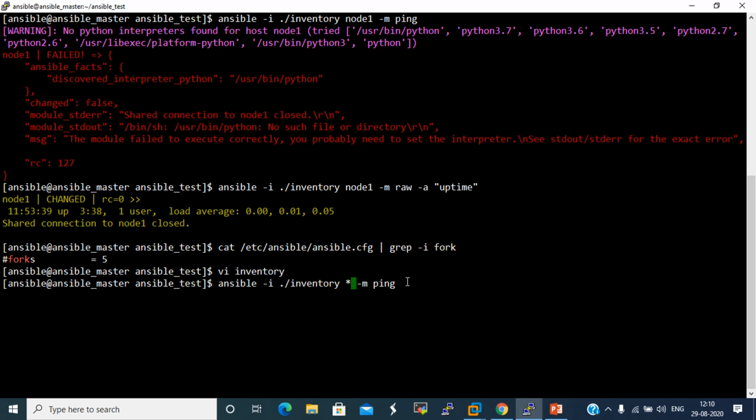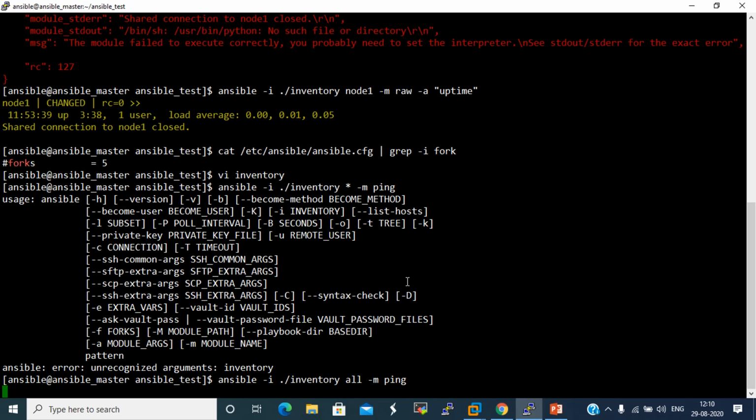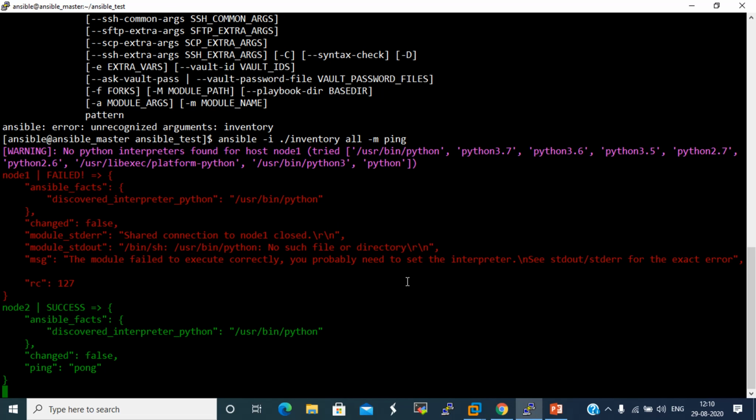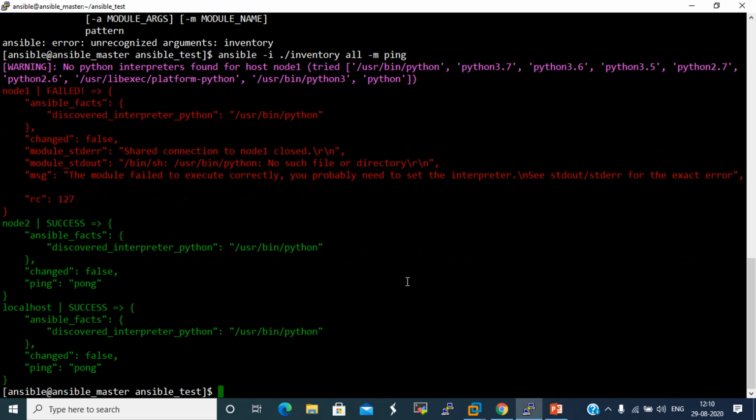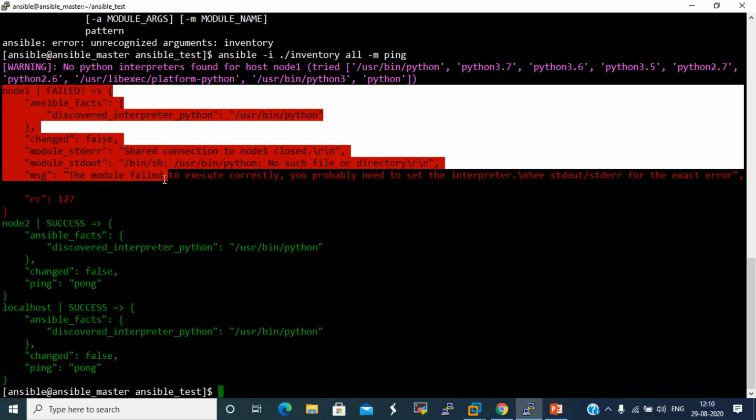We are running the ping module on all the hosts. For node 1, it gives us a Python error because there is no Python interpreter.